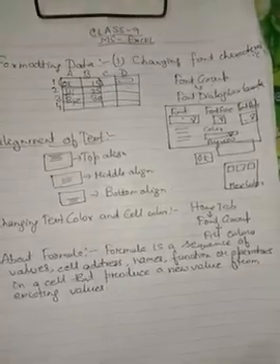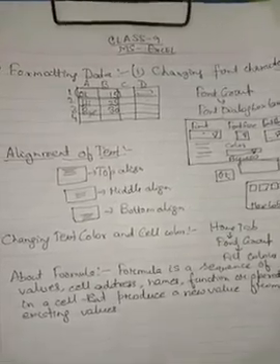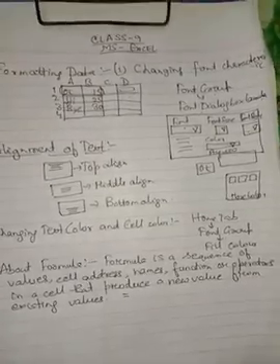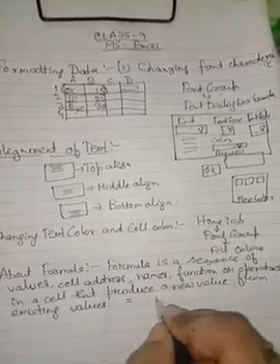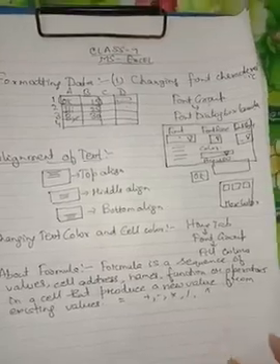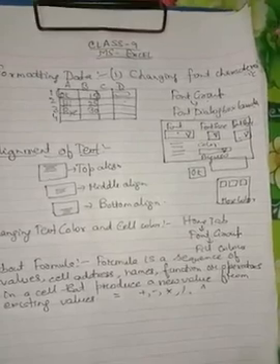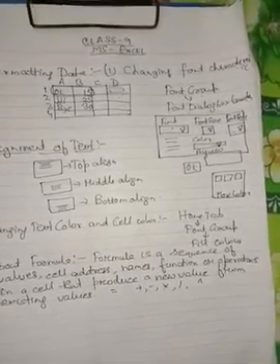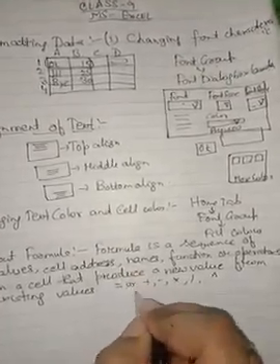So for formulas, the following points must be remembered. First of all, the formula always begins with an equal sign. Remember, the formula always begins with an equal sign, and the formula must contain arithmetic operators, like plus, minus, multiply, divide, exponentiation, etc. So these are the different arithmetic operators, and the formula must always begin with an equal sign or an at sign, followed by various cell addresses.